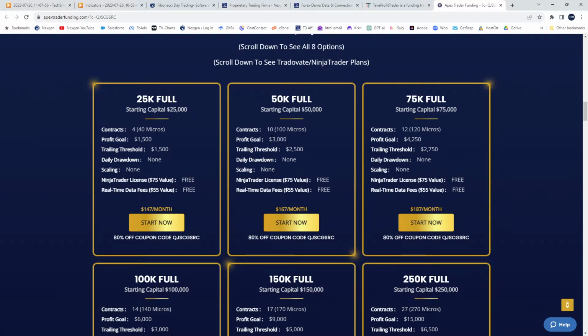And if you do it right, you got $50,000 to trade. So there's no downside whatsoever. There's only upside. And if you trade your own money, there's only downside risk. Now there's upside potential, but with upside potential comes downside risk. And this virtually eliminates the risk. And the money that you're saving on Ninja license and data feed pays for the damn evaluation. So no matter what,